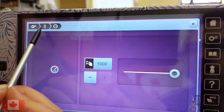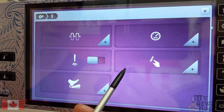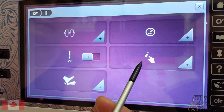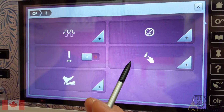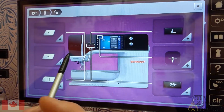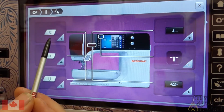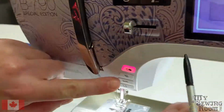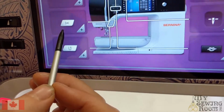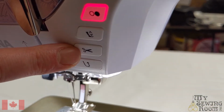We can navigate backwards again, back into our sewing settings. Our final option on this screen is a very funny little symbol, but it indicates what happens when you press the other buttons on the outside of your machine. When you click into there, you have options for what will happen when you use your presser foot up-down switch, located here, as well as your scissor function, located here,